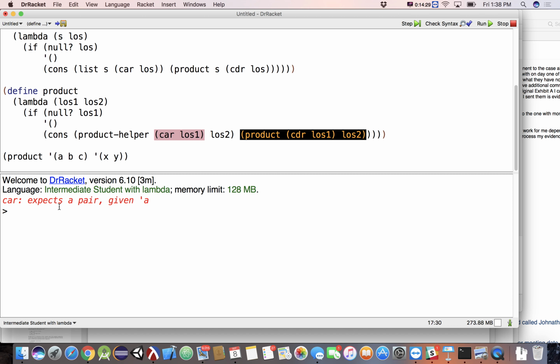It says a pair given A. What do you mean car expects a pair? Product helper expects a symbol. Car of LOS1 is a symbol. LOS2 is my list of symbols. That's LOS2. This would be the car of LOS1. And I'm consing that onto whatever's returned by product of the rest of LOS1 and the entirety of LOS2.